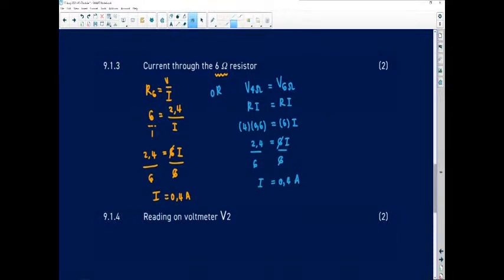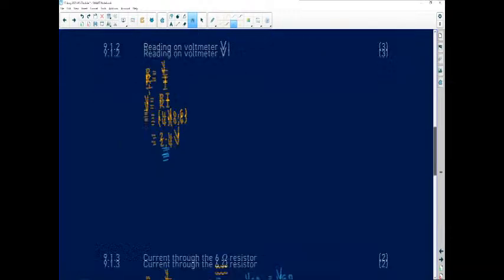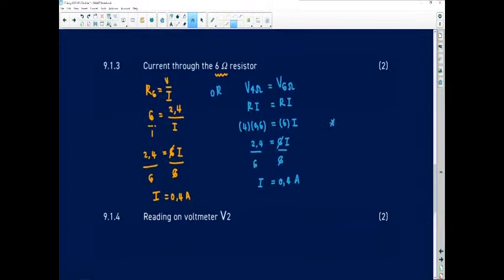So now I've got the current for the 6 ohm. The only trick was for you to know that they share the potential difference. Just for argument's sake, guys, if you feel like you're not quite sure that this answer is correct here, please do continue to use it in the correct place in this step over here. Because you are showing the examiner that, even though my V1 might not be correct in the previous question, I know exactly where to place it in the next one. So please do not make that mistake. Don't just skip the question to say, but my V1 is already wrong, so everything else is going to be wrong. Use the wrong V1 in the correct place in the next question,